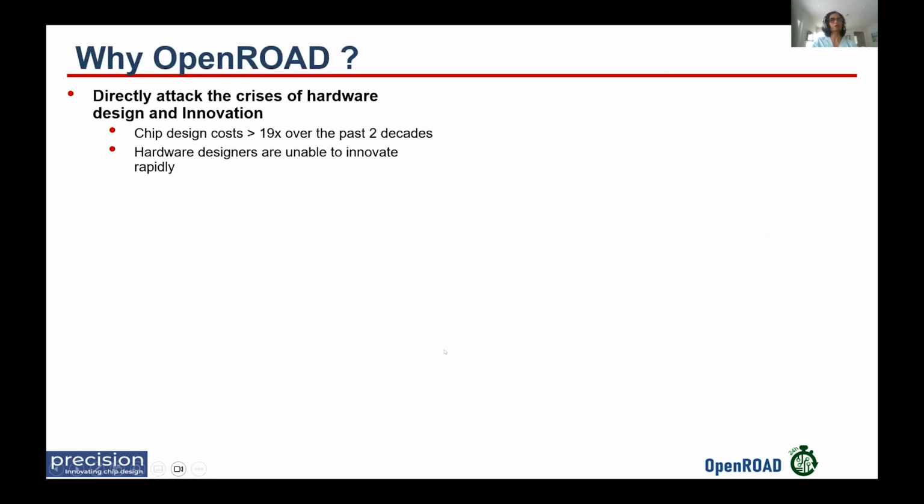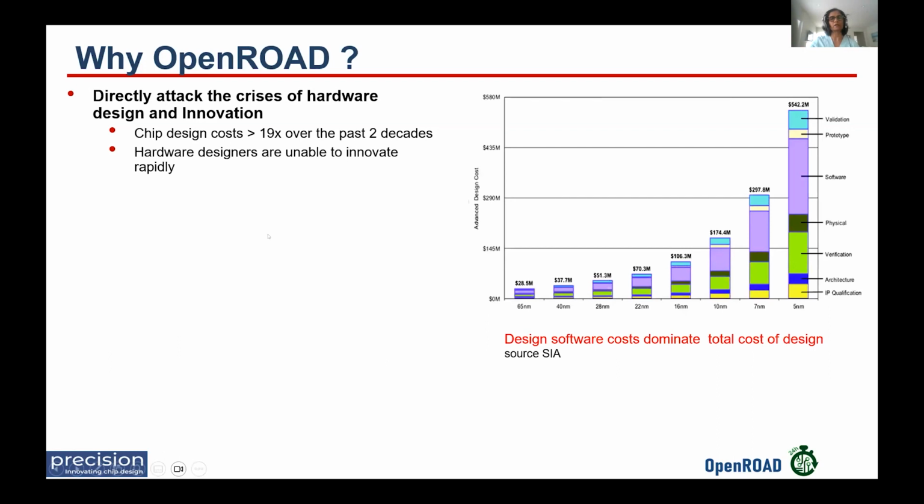So why are we doing OpenROAD? Why is this important, especially today? The primary reason is costs. Chip design is a very expensive process. It can take millions and millions of dollars depending on the kind of application you're building. And these costs have mounted over almost 19x in the past 2 decades. And if you see the chart on the right, you'll see that